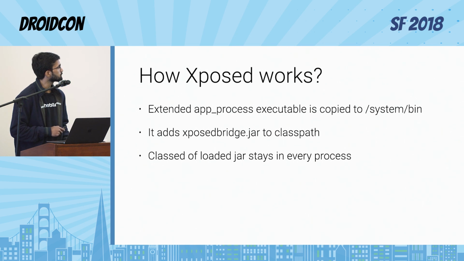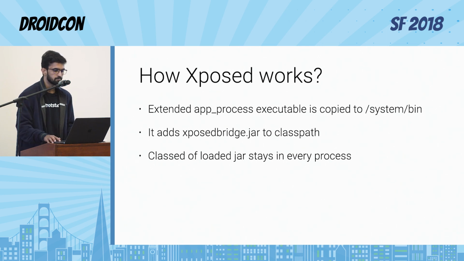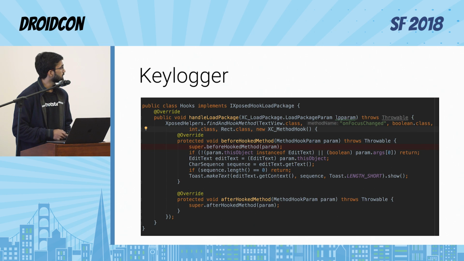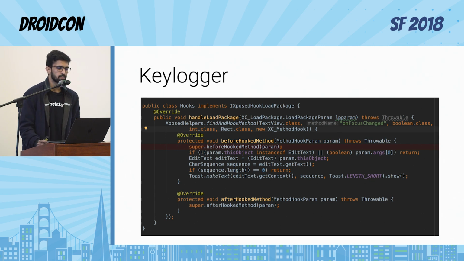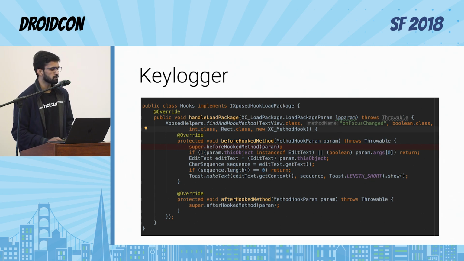It's doing it because XposedBridge.jar is available for all the apps as it is added to the class path of every app. So yeah, we got it working by using this hook. So your hook looks something like this in the Xposed. This is a part of bigger Android project, so that you need to set up in some particular way for Xposed to recognize it as a module. You can check Xposed wiki for that. I will add the link for that later in the resources section.